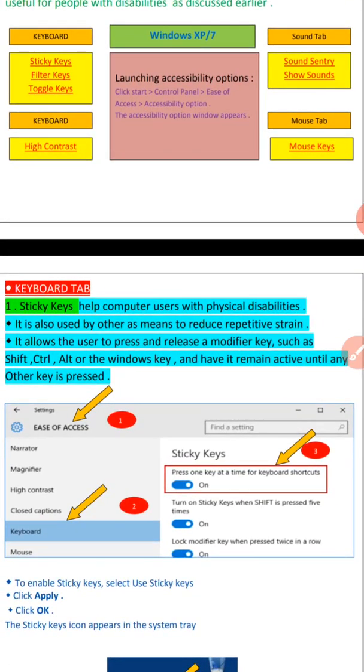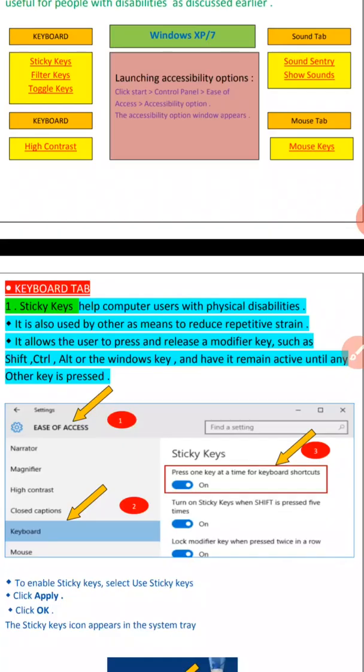Sticky key is a Microsoft Windows accessibility feature that causes modifier keys to remain active even after they were pressed and released, making it easier to use keyboard shortcuts. The sticky keys feature can help alleviate some stress on your fingers by not having to press and hold keys to use shortcut key combinations.